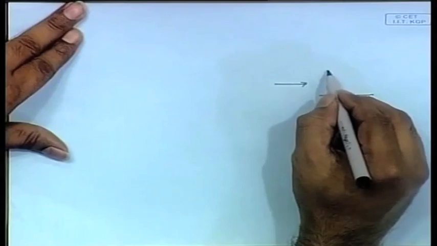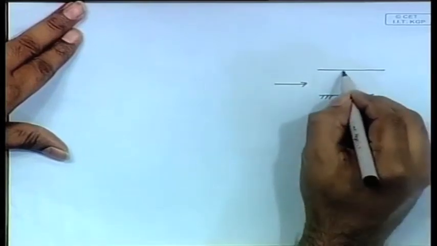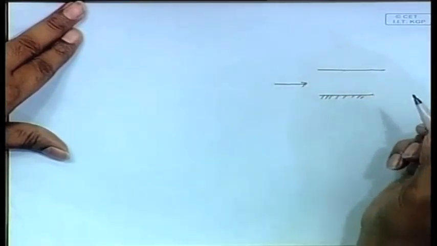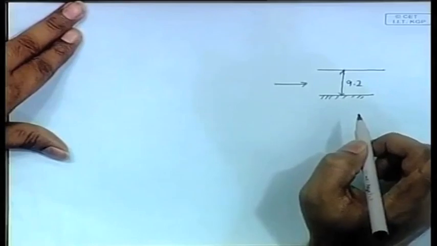See, it is like this: you are told that a ship has to enter a port, and the depth at the port region is 9.2 meters at high water, that is the maximum depth. You are told that you are supposed to have a minimum clearance. The ship is entering a port, this is the water bed, and from here water is up to this height. High water is about 9.2 and you should have a clearance of about